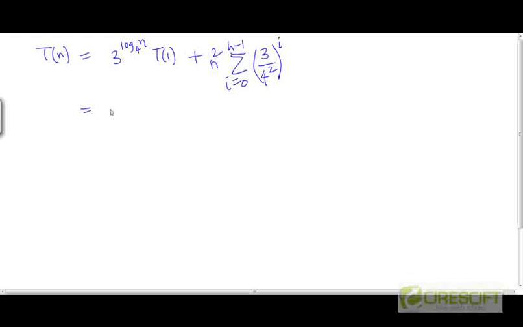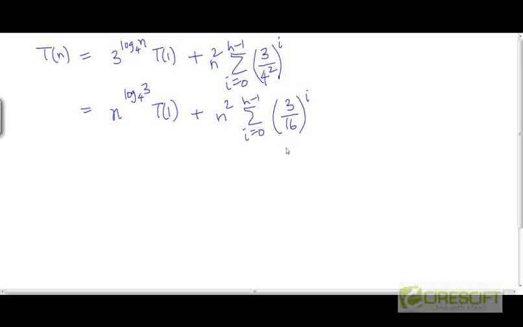Now this will be n to the power log of 3 to the base 4 times t of 1, swapping n and 3 here, plus n squared times this series,